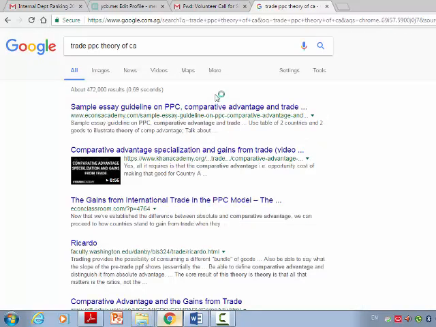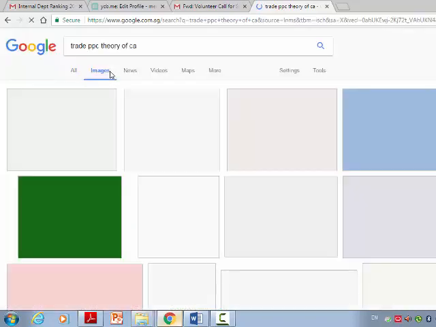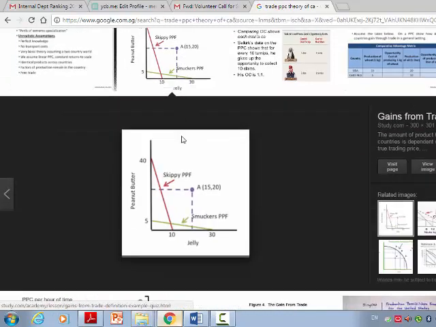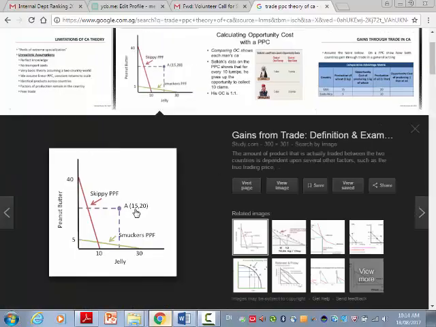Your PPC, instead of a concave one, it will have to be a straight one because it's constant of course. That's one of your assumptions. Alright? So what happens? Something like that. Because I don't have access to the lecture notes now. So this is one country. Our lecture notes don't have this. So one country's PPC, another country's PPC.